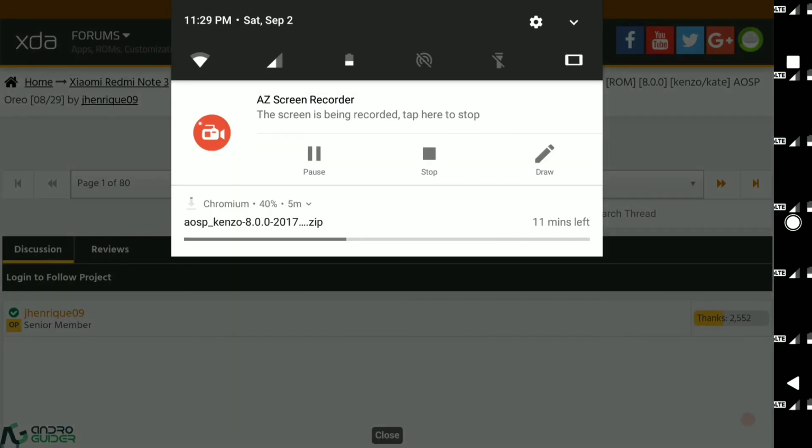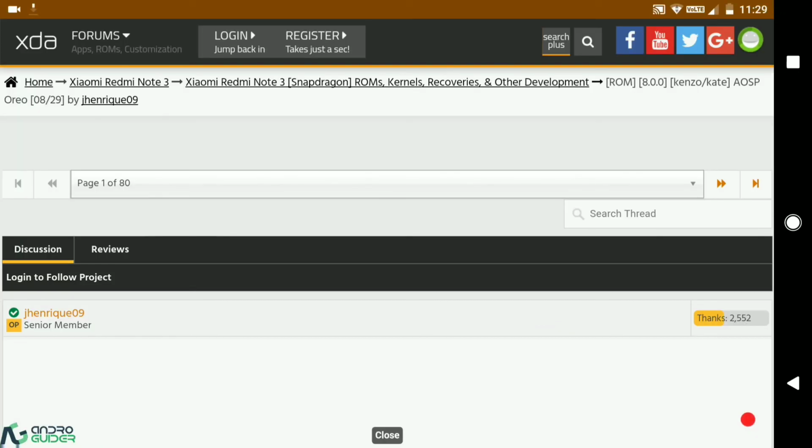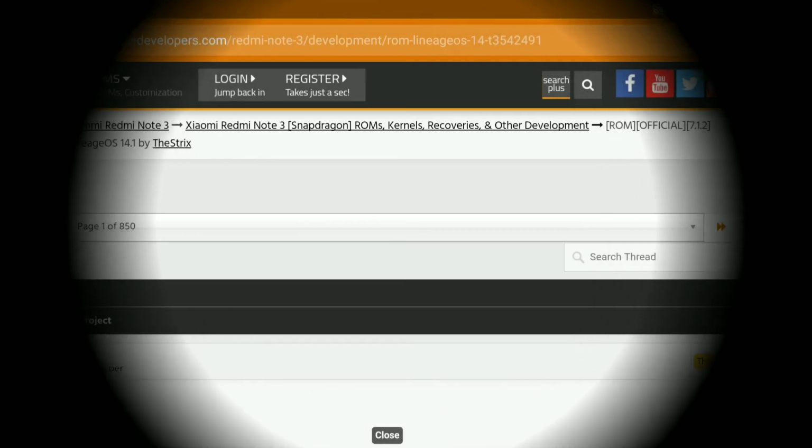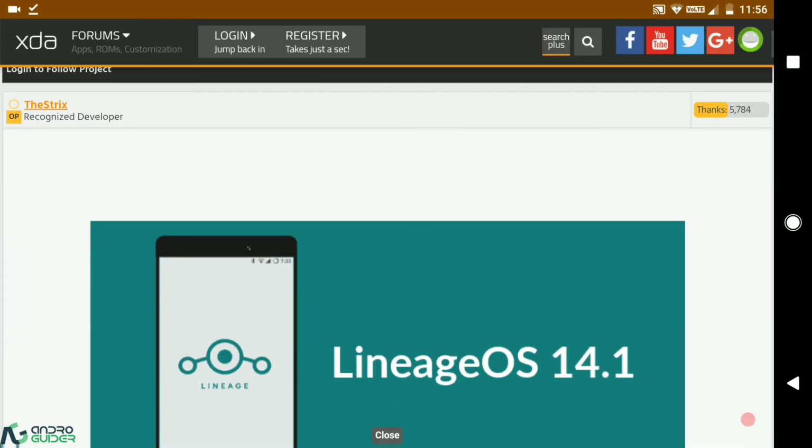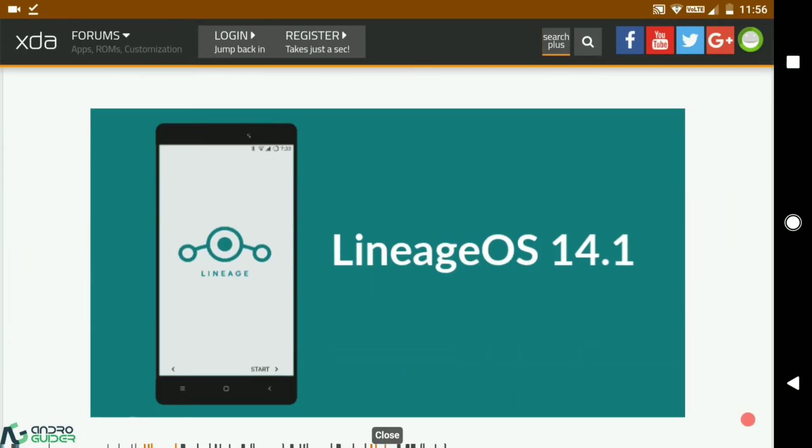Okay, and the download, it's still 11 minutes away, so I will just stop this video, and when the download is complete, we will reboot back into TWRP and get started with the installation. And before that, I will also tell you guys some stuff about the bootloaders, and how you have to go about them. Okay guys, so the download got completed, and I just wanted to talk now a bit